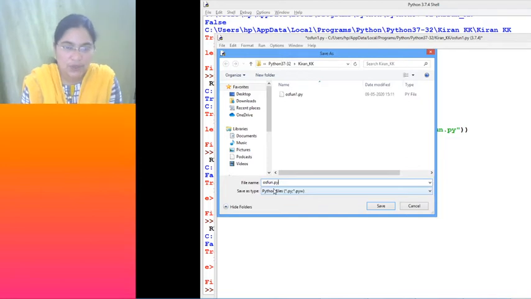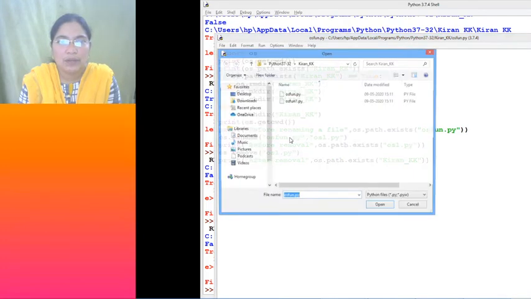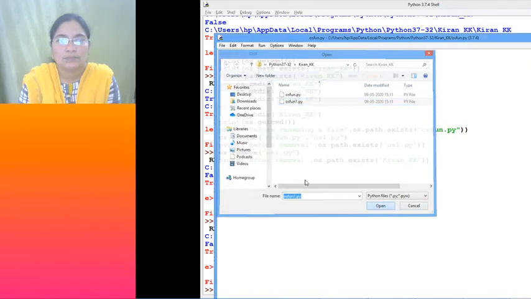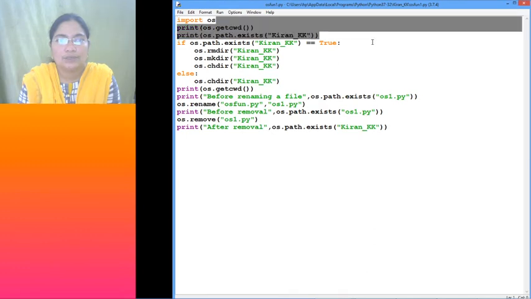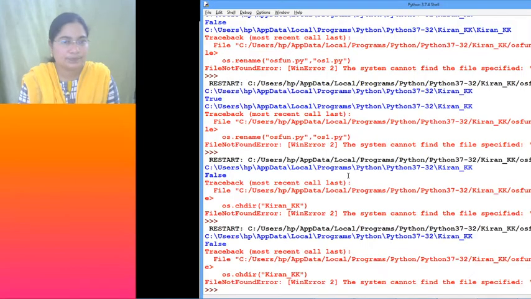It is osfun.py. Okay, so now let's come back to osfun1.py, and there we are doing our codings and all, right? Yeah, so this is osfun1.py. Okay, let's execute.